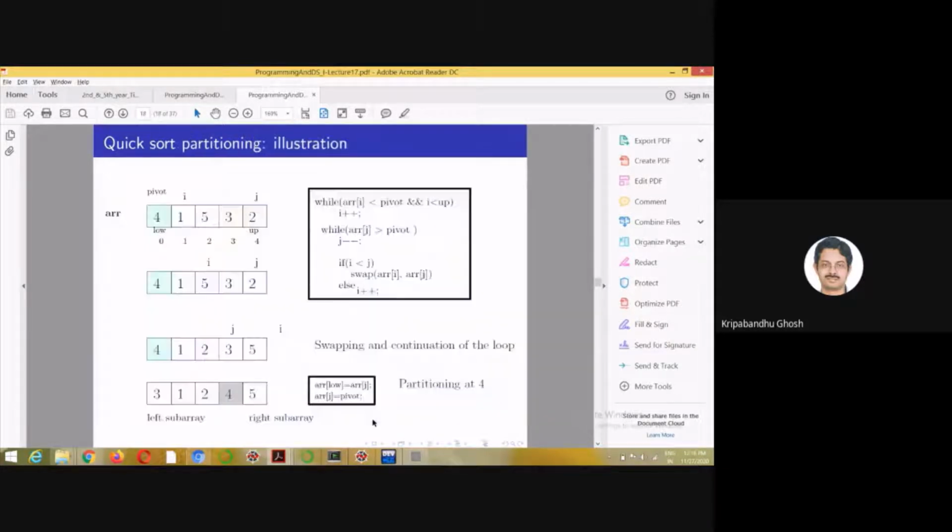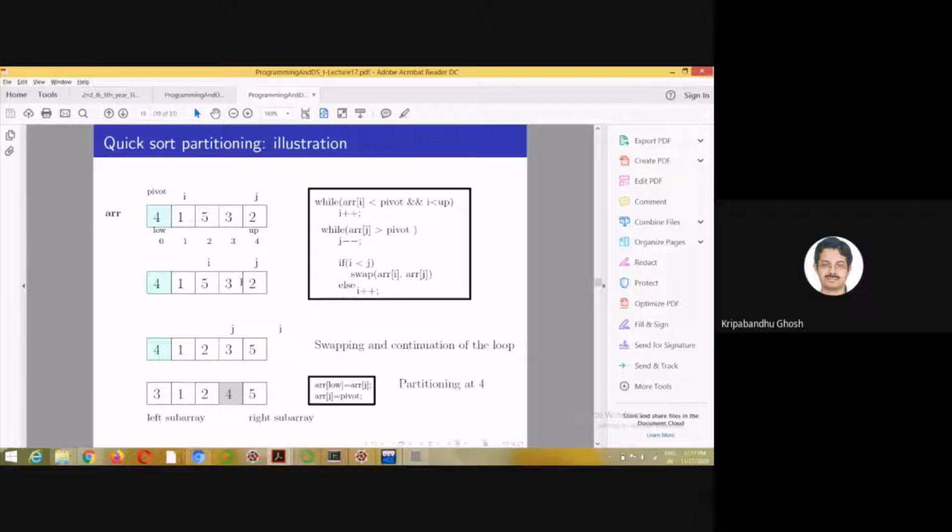So the idea is, given an array, you first try to partition it. So how are you going to do the partition? You consider the middle element, and you place the element which should come here to this position, and then you get a partition of the left subarray and the right subarray. Then you repeat this operation on the left subarray and the right subarray.